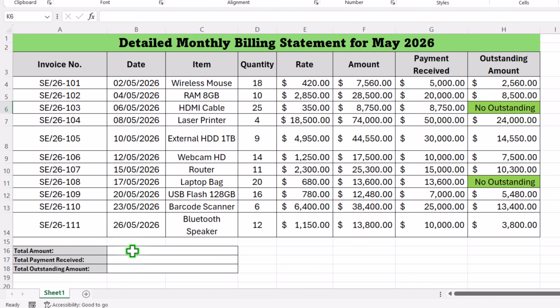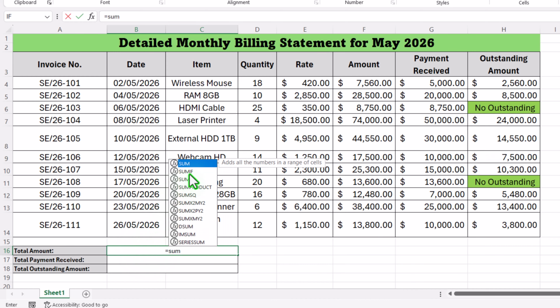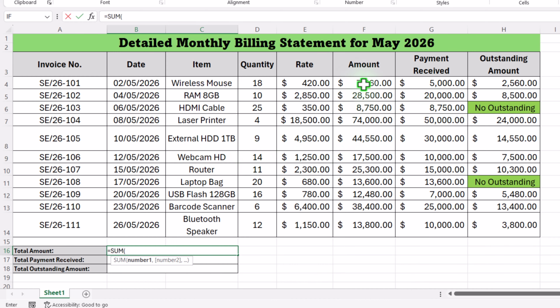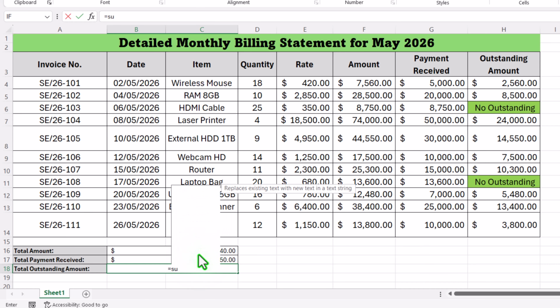Let's calculate the total amount. I have total amount, this one, total payment received, this one, total outstanding amount, this one. Just select this one, equal sign, SUM. For amount, select this, enter. Okay, for this one, equals SUM, enter. For this one, equal SUM,